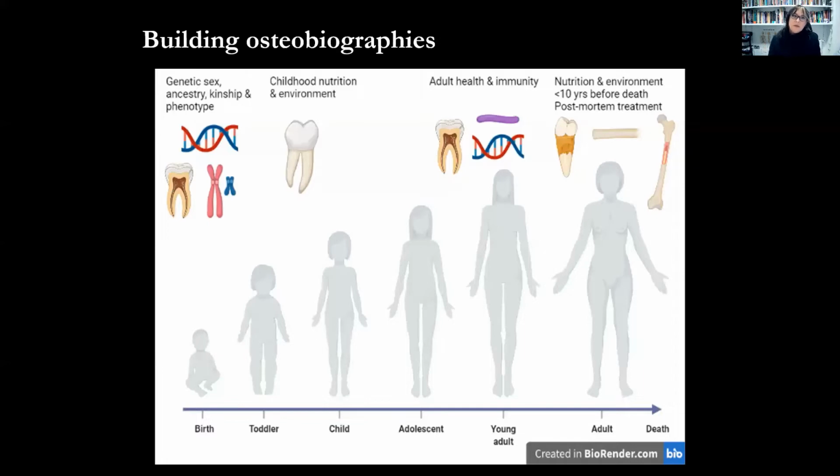And what's really cool about this is that we can actually tell stories that are often left out in the historical record. It's no mystery that stories of women, stories of LGBTQ individuals, stories of children have often been left out of the big narrative, especially, for example, where I work in South America, where you have these chronicles from the conquistadors talking about coming to Peru and seeing women's work and men's work, and the focus was always on men's work. And so there's a whole group of individuals who don't have the same kinds of narratives. And you see this with the ethnically diverse. And so this is a chance for us to actually